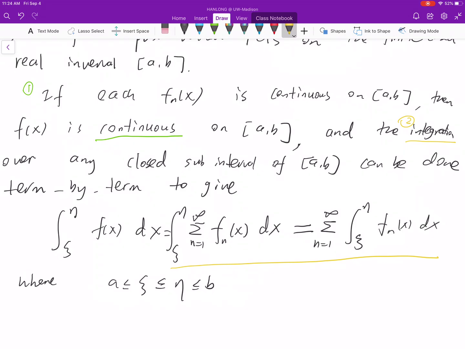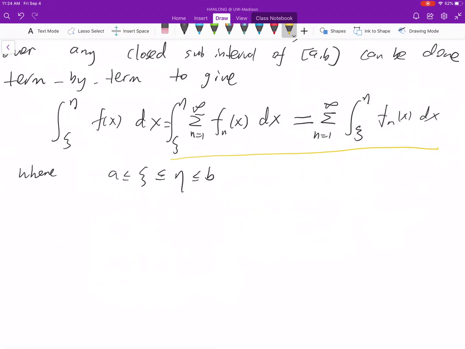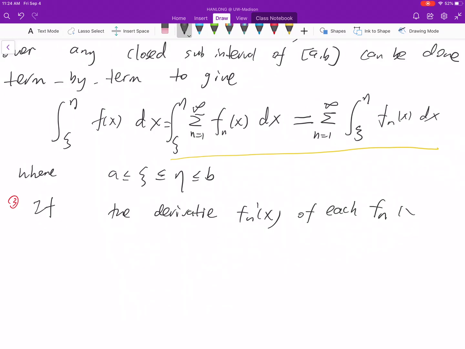In fact, an effective way to compute the integration. And thirdly, we have a statement about the derivative. So if the derivative f_n prime of each f_n is continuous on [a,b], and